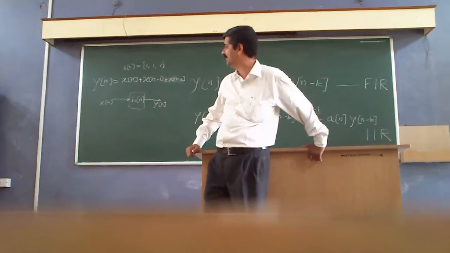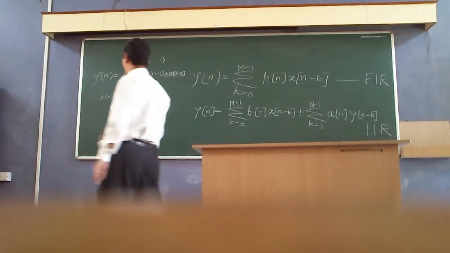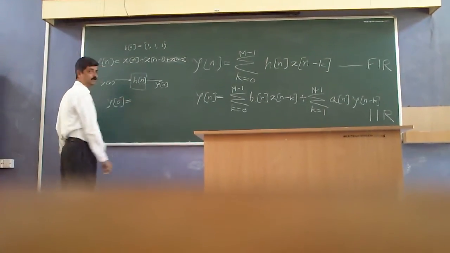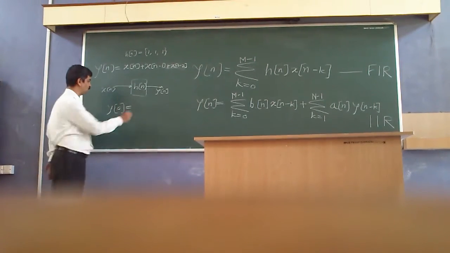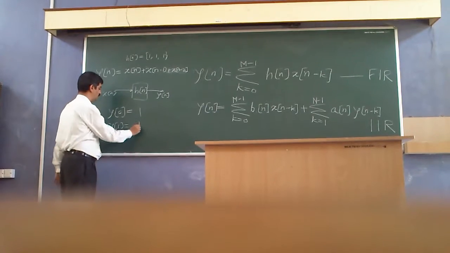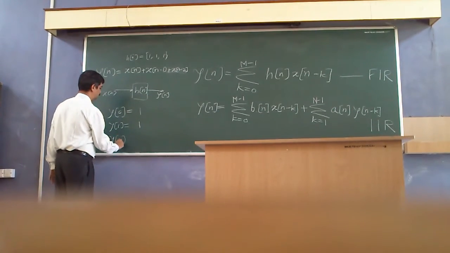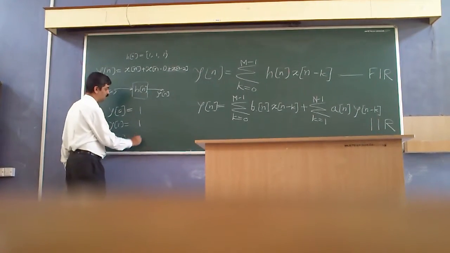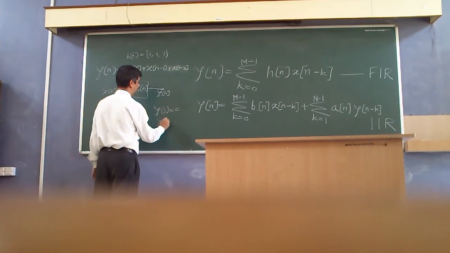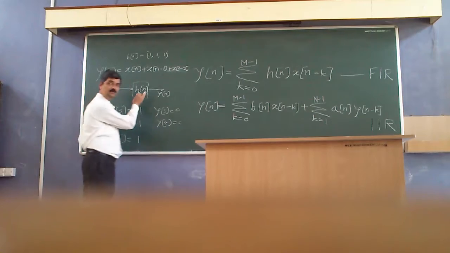So if x_n is equal to delta n, what will y_n? What is y_0? 1. What is y_1? 1. What is y_2? 1. What is y_3? y_4? So it will be always 0